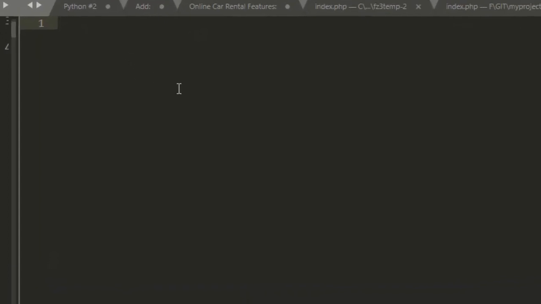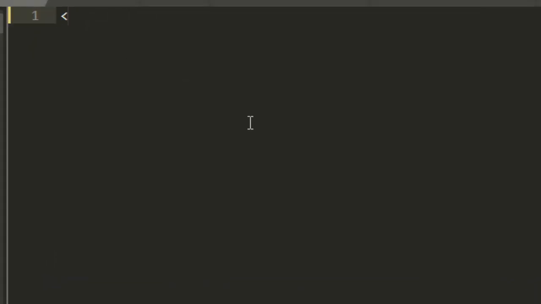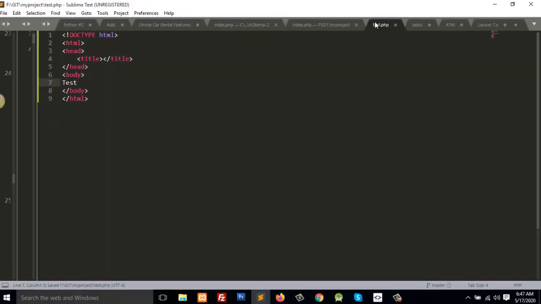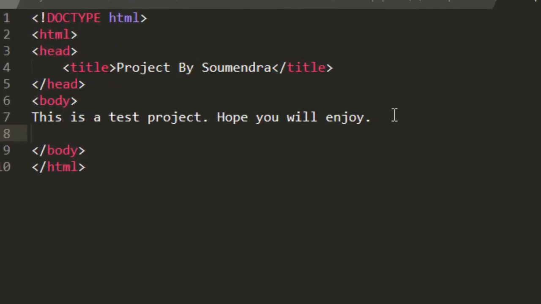So let's do some coding here as well. And let me modify this as well. So I have added 2 lines here and I have added a new file.